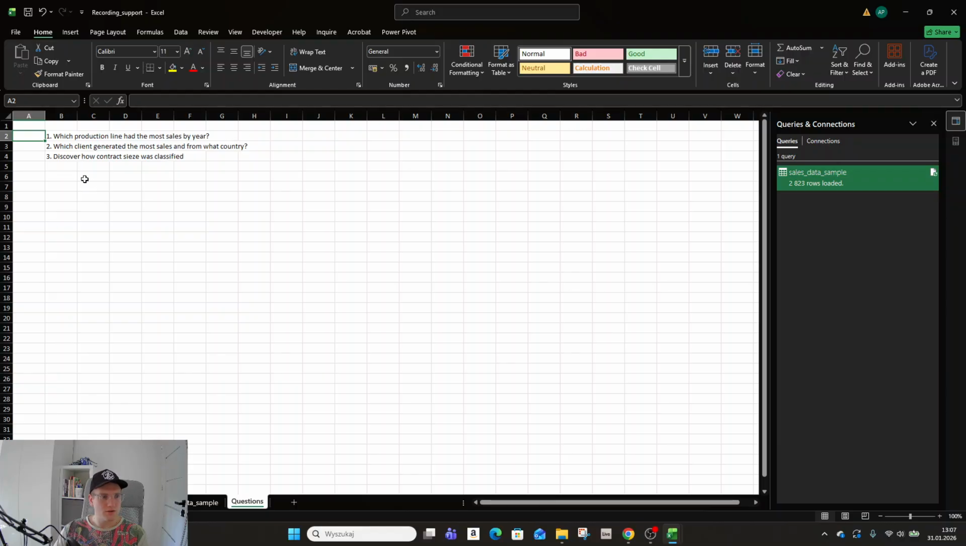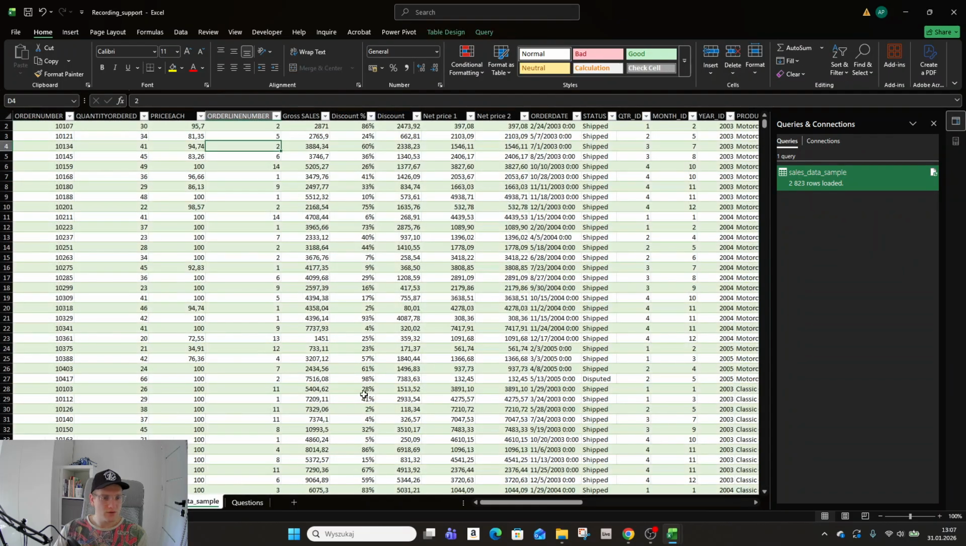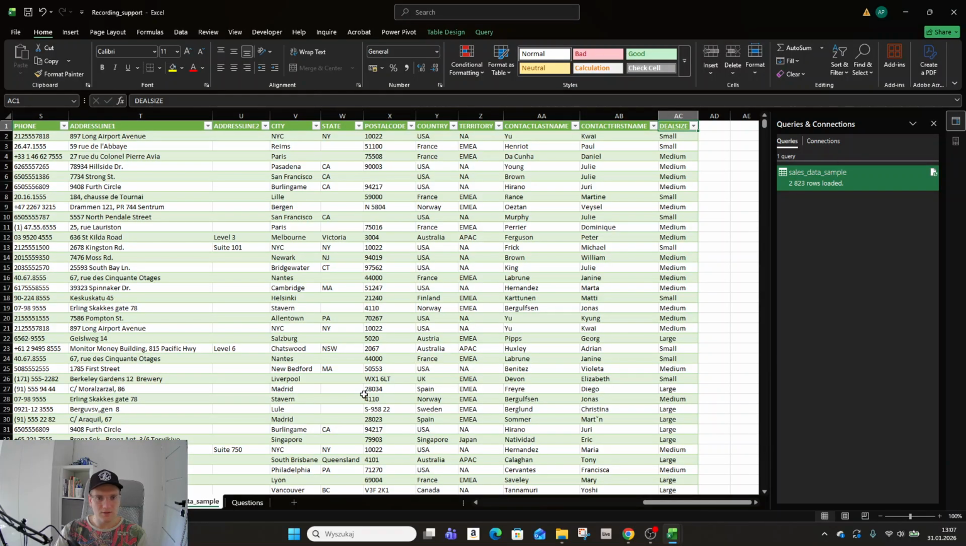And discover how contract size was classified. So the contract size, it's a deal size. It's the last column, and it shows only small, medium, and large. And we need to check how it is divided, like how much in sales starts the medium deal size, and how big the deal has to be to be large. So another